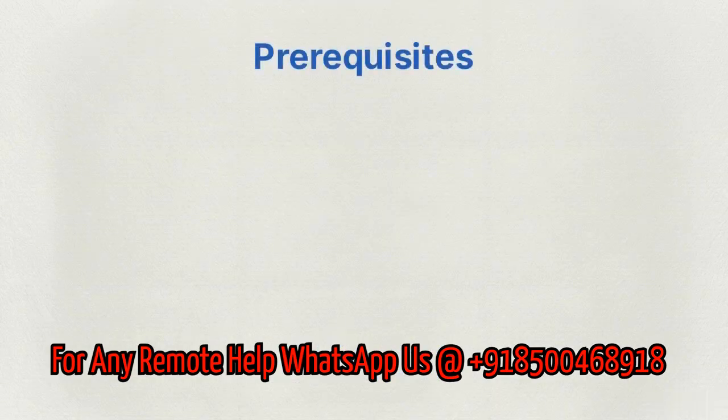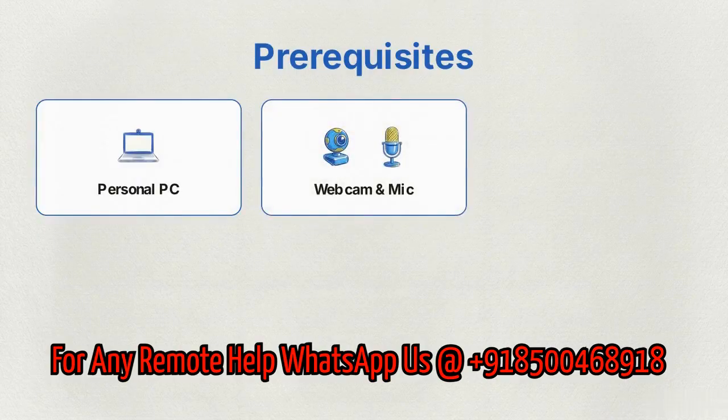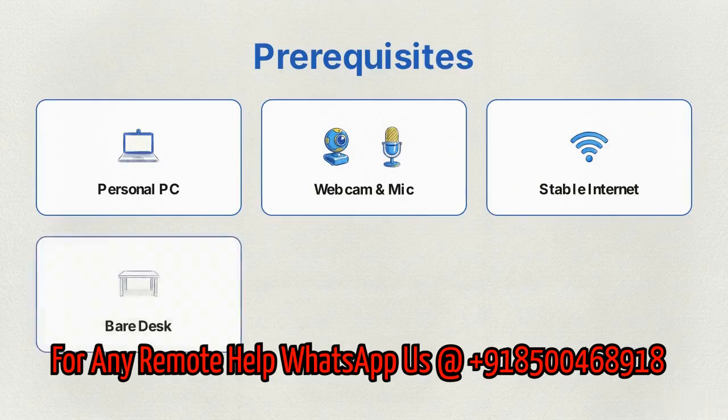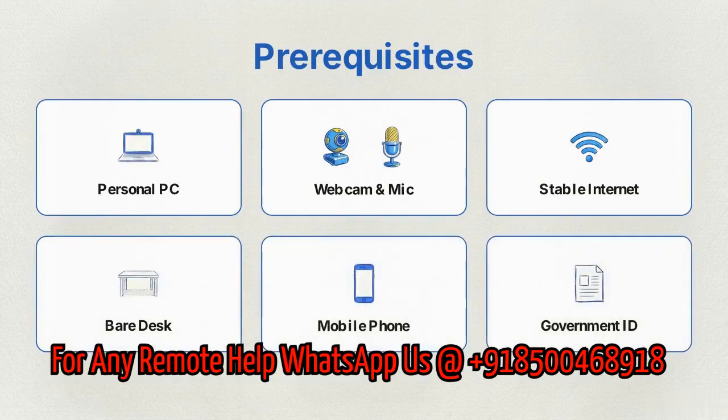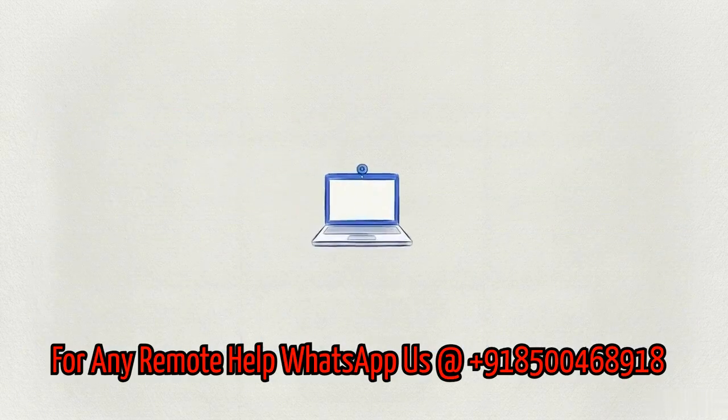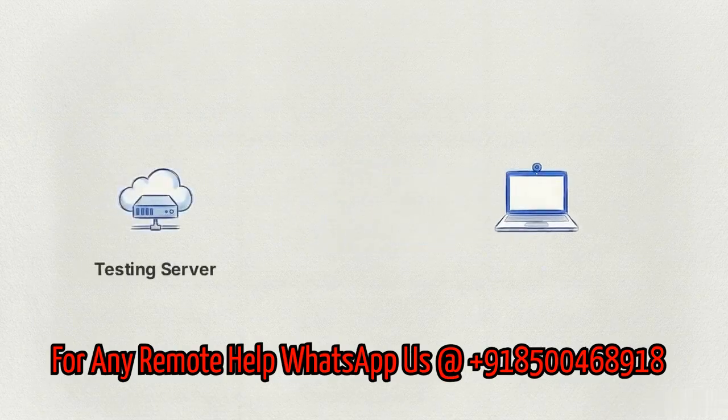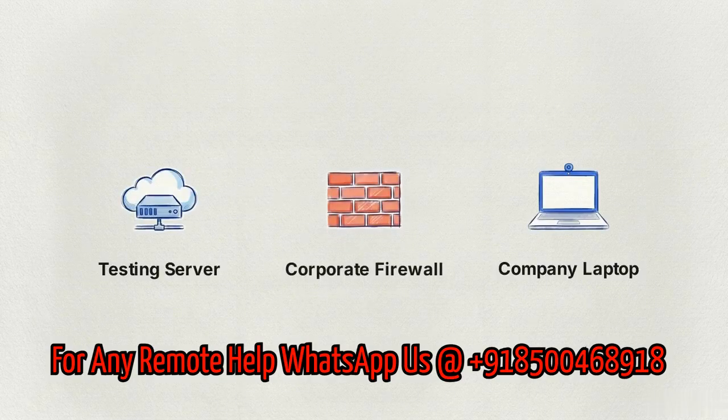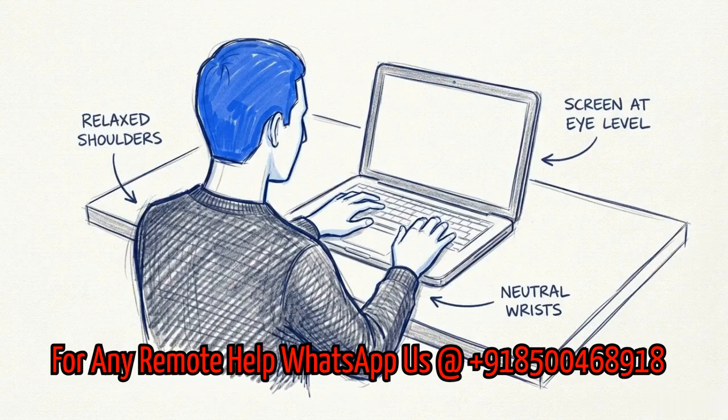To secure that environment, you need to verify 6 strict prerequisites: a personal PC, a functioning webcam and microphone, a stable internet connection, a bare desk, a mobile phone, and a government-issued ID. That first requirement is where candidates frequently fail. Using a company-issued laptop means you are dealing with background firewalls and security policies designed to block incoming connections. This will instantly stop the exam software from running. Securing these 6 baselines up front ensures your technical setup works exactly as expected, keeping you entirely in control of